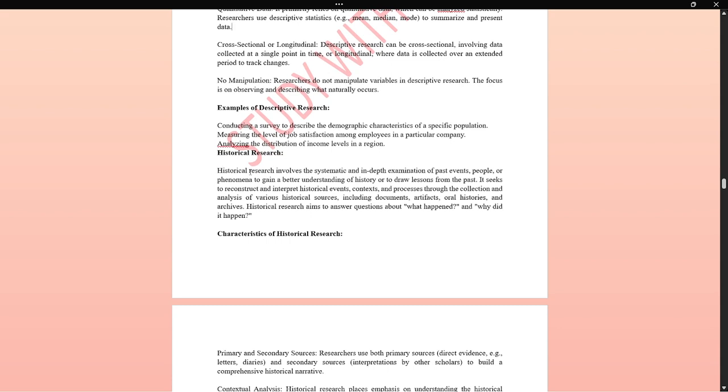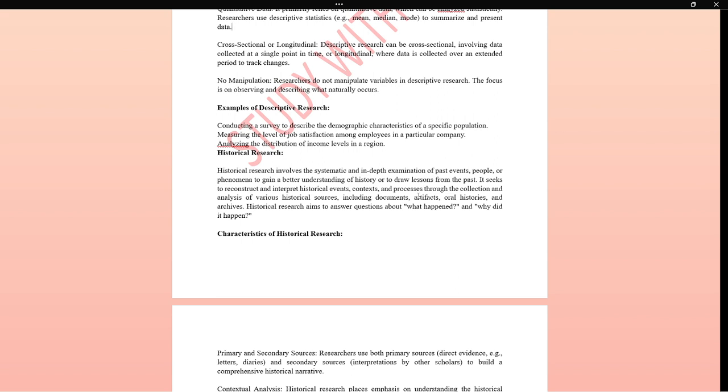Now, historical research. In historical research there is a systematic, in-depth examination of past events, people, or phenomena to gain a better understanding of history or to draw lessons from the past. It can be a historical movement, historical events, or any person or thing you are trying to understand, drawing conclusions based on what has already become past.